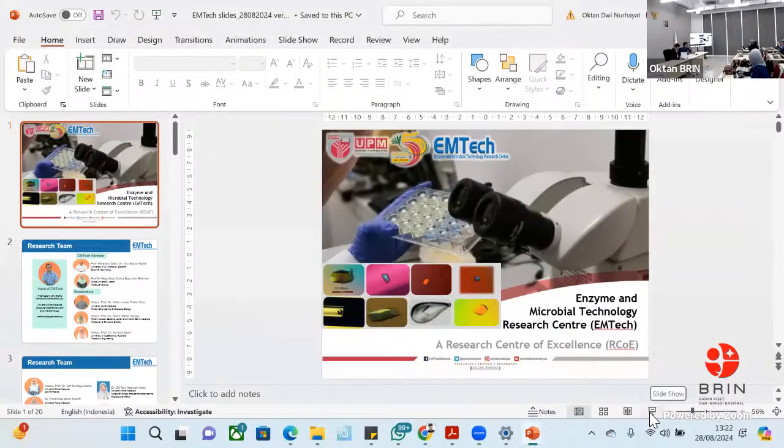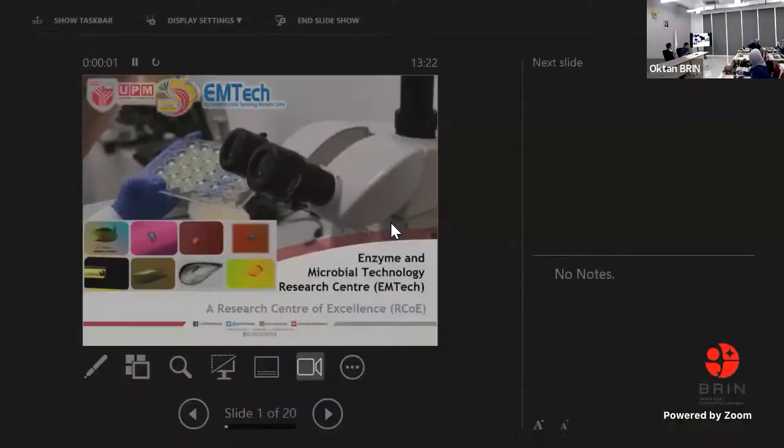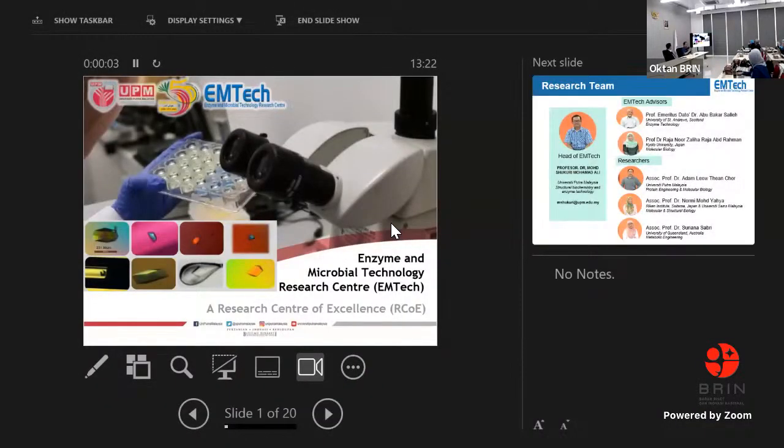Before our colleagues Dr. Fiza and Dr. Dina, and of course the other speakers, Dr. Dede and Dr. Joko, present their work, allow me to introduce our research center. We are coming from Universiti Putra Malaysia, UPM. For those of you who have been there, it is about 30 minutes south of Kuala Lumpur, easily accessible through railway networks and any other modes of transportation.